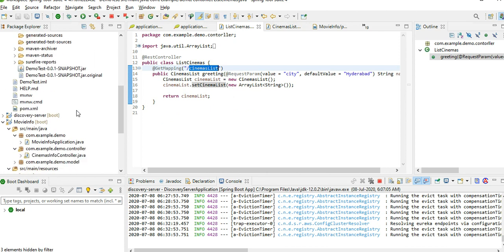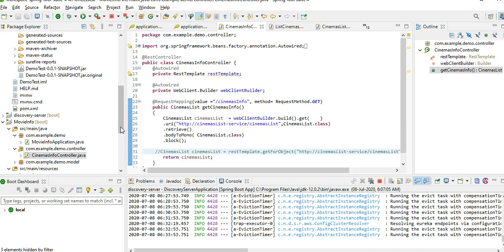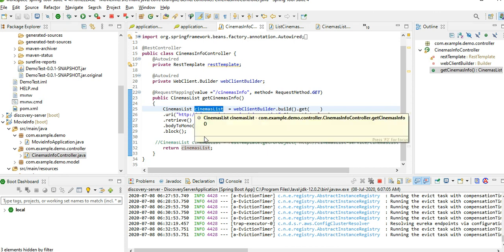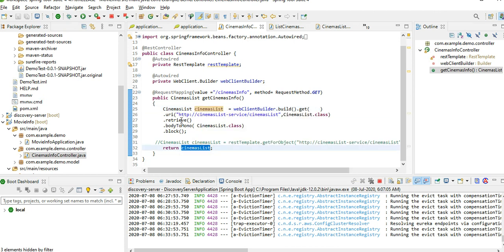There is one more microservice, the Cinemas Info microservice, and in this application I have the Cinemas Info web service. When I call this Cinemas Info API, it makes a call to the first microservice, the Cinema List service, gets the cinemas list, and gives that cinemas list as a response to this Cinemas Info web service.